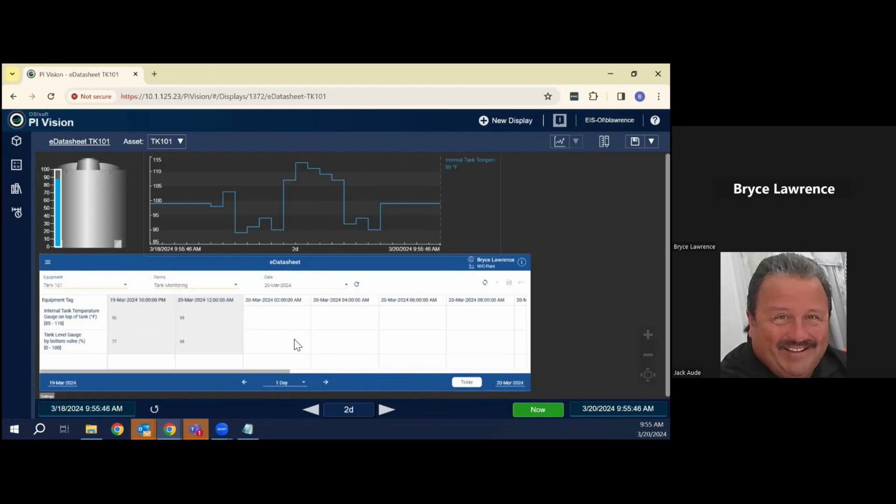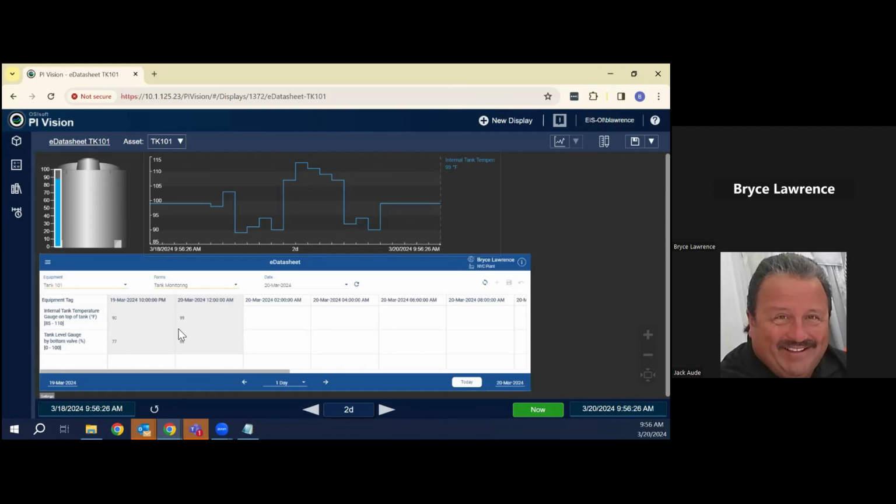So it's time-based. There's a couple of ways to do that. One would be, for example, if you have different units, say I have different reactors, I can have different equipment with a different form for each different reactor. So when you look, you're just looking at a specific one. And then the other part of that is we can create rows or columns, depending on how you want to display it,